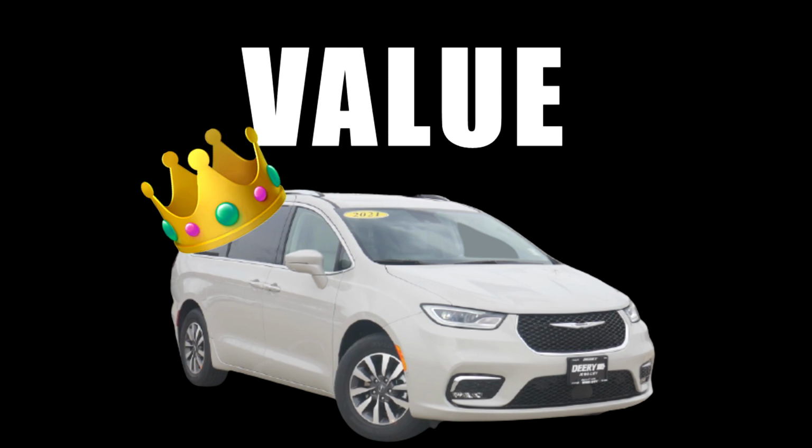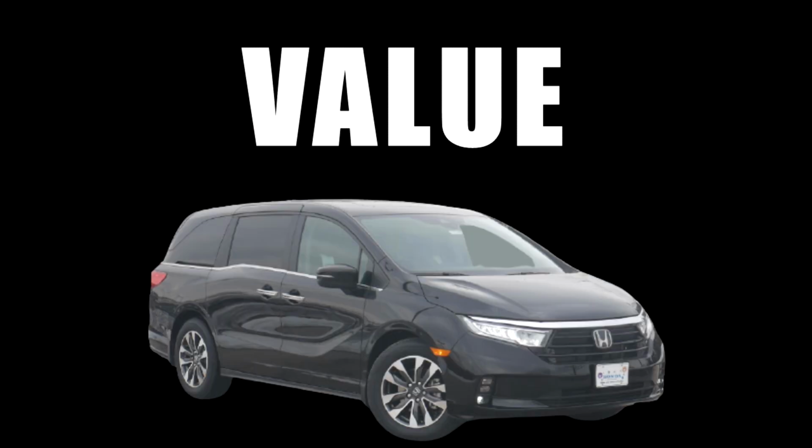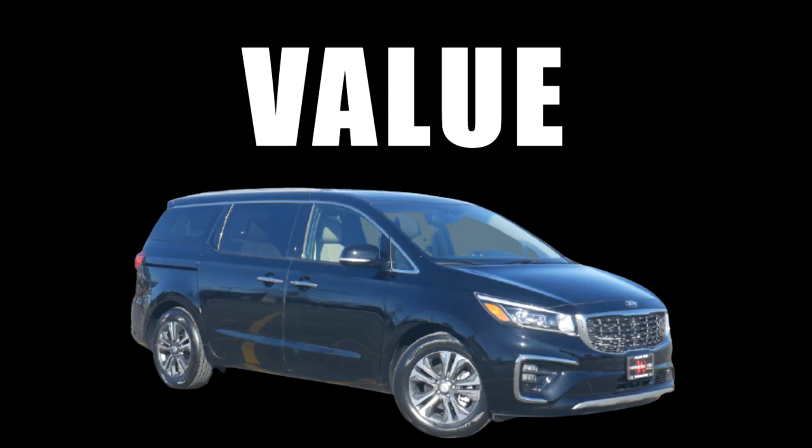This is one of the closest comparisons in terms of value that I've ever had. That said, I think the Chrysler has the best value proposition, with the Honda as a close second. They both can be had in the $38,000 range at the trim levels they're in, whereas the Kia is $41,000 plus in this top trim, and there is no trim that starts closer to the $38,000 mark for that